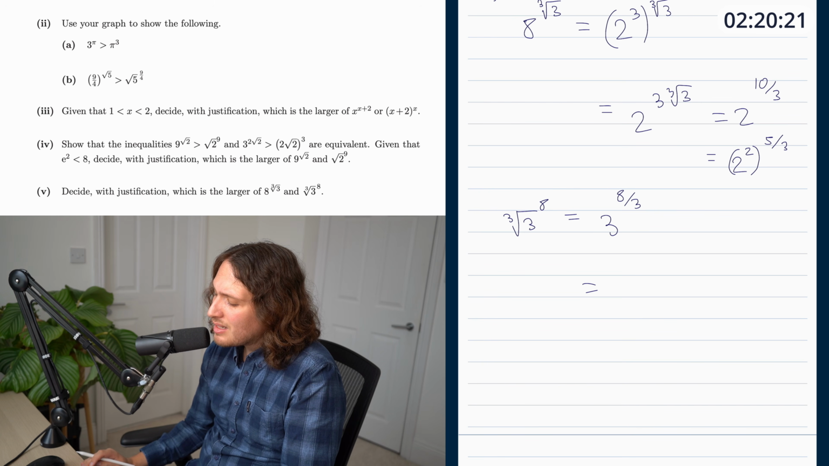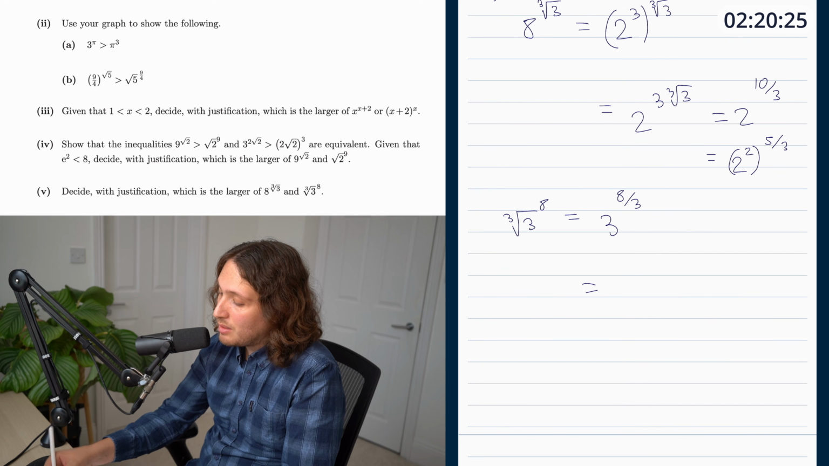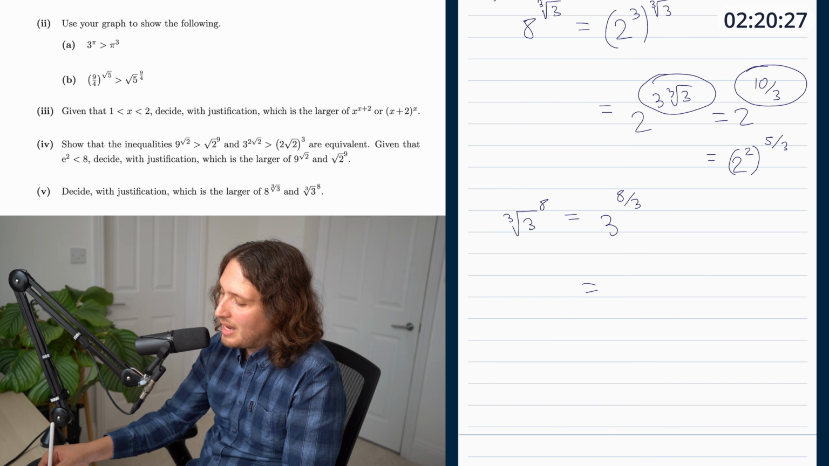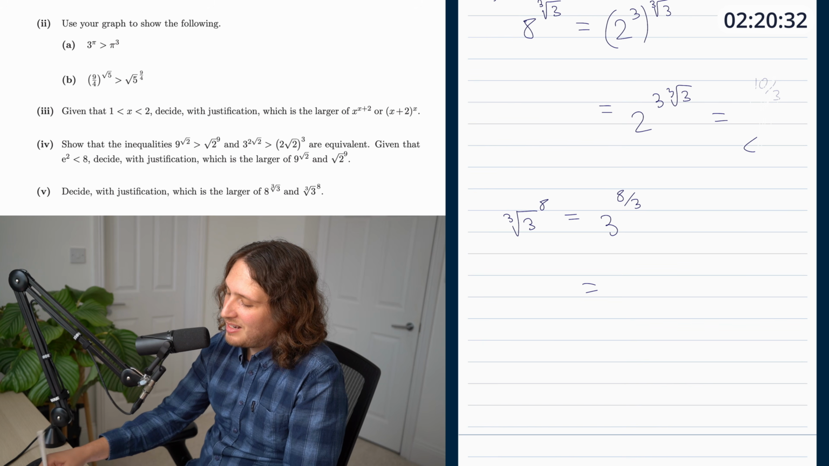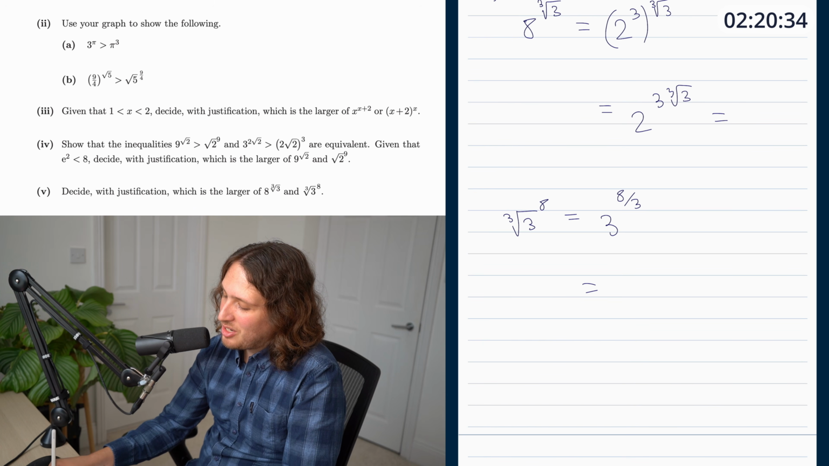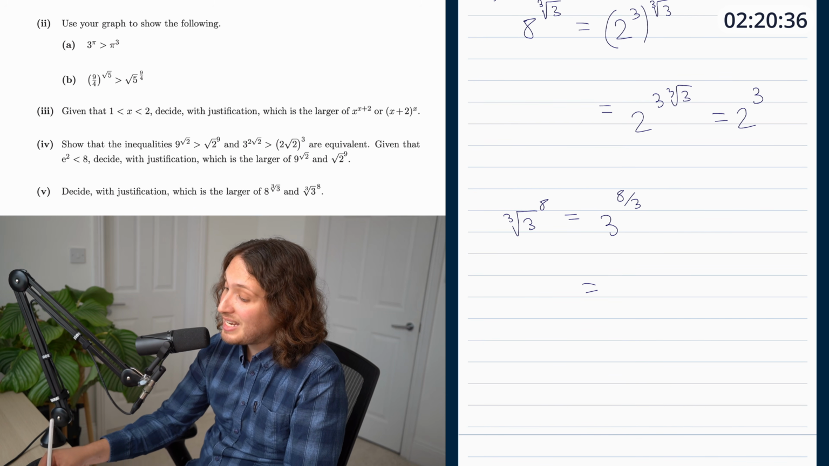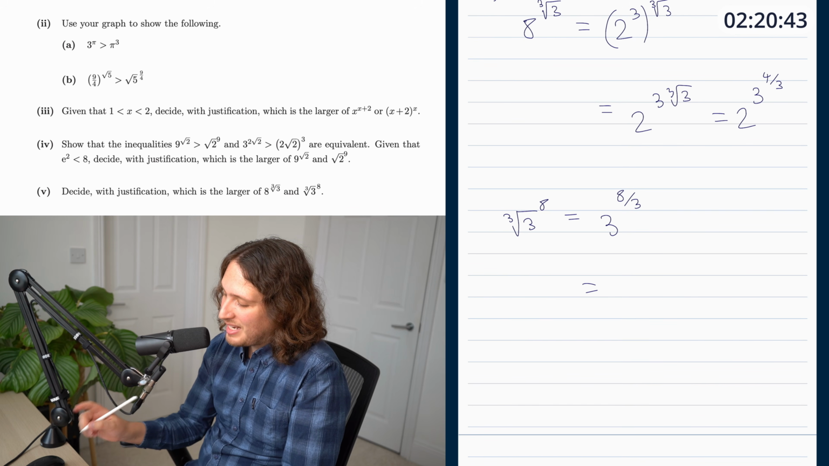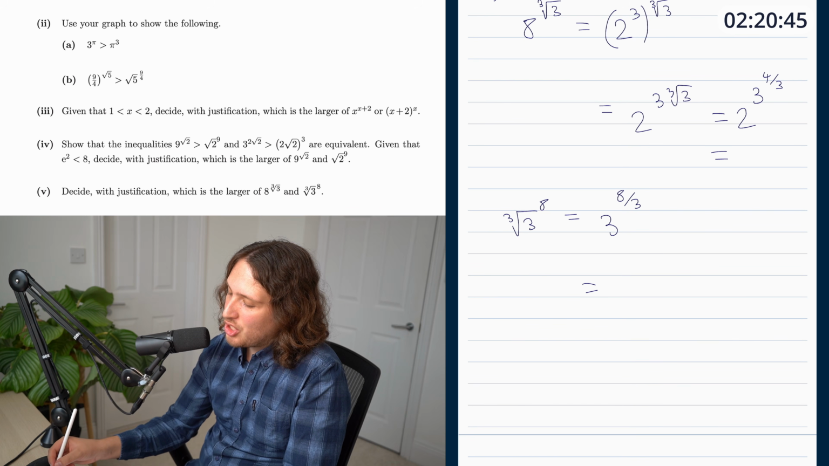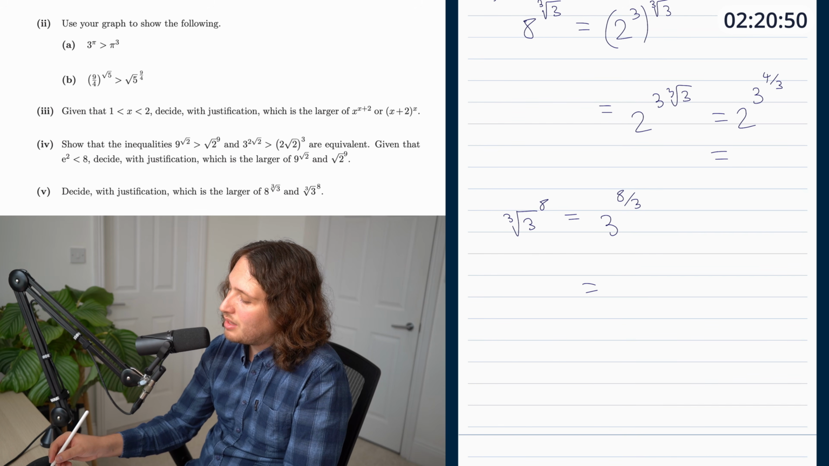Sorry, is that even right? I'm writing complete nonsense, aren't I? That's what's gone wrong. That and that are completely different things. Right, now we're talking. So I've actually got 2 to the 3 to the 4 thirds. Okay, that is a bit better. So 2 to the 3 to the 4 thirds, which is the same thing as